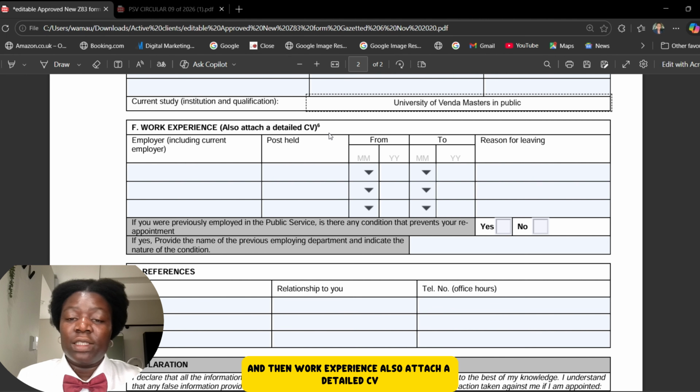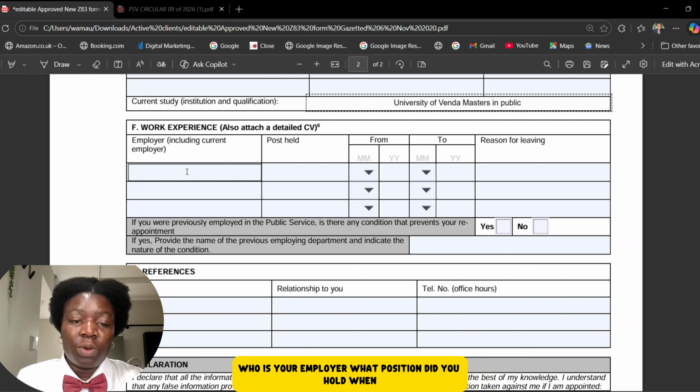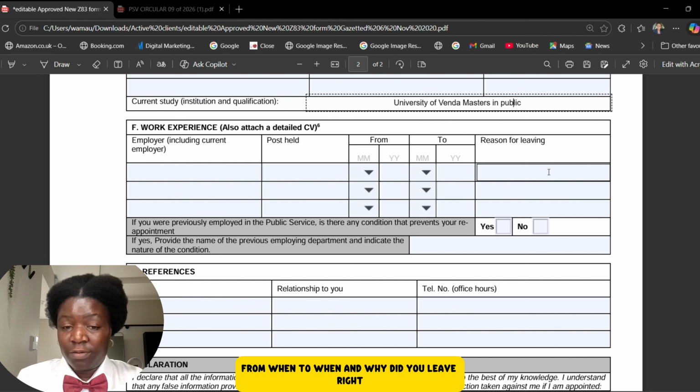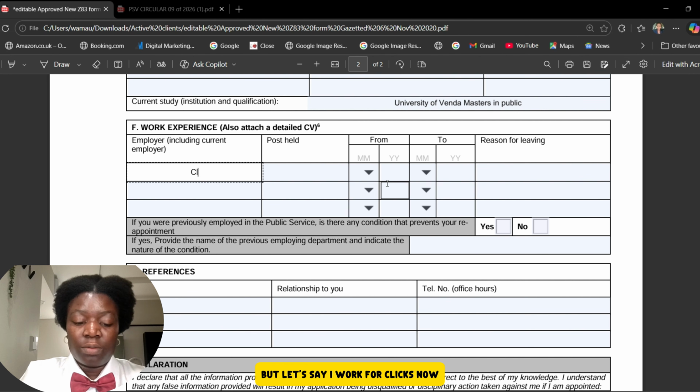Also attach a detailed CV, right? So now here, your employer, including current employer. Who is your employer? What position did you hold? From when to when, and why did you leave? Right? That's what you're gonna fill. So let's say, for example, I worked for Clicks before. Okay, I'll probably start with my current employer, but let's say I work for Clicks now, right? And I am currently working as a nutrition sales advisor,